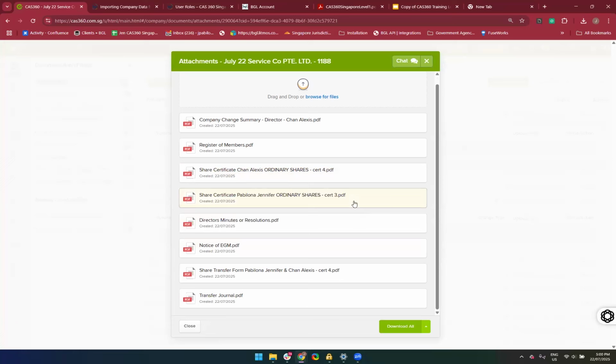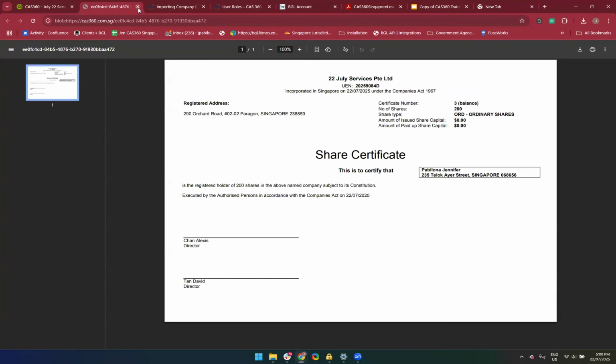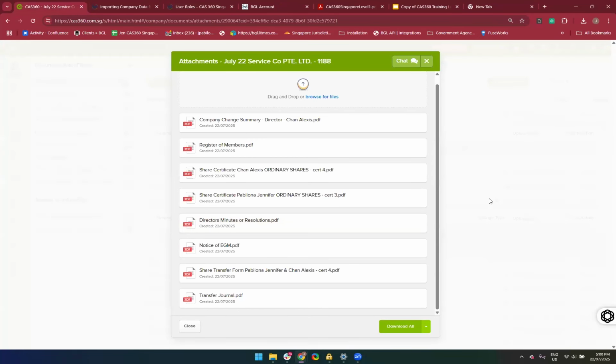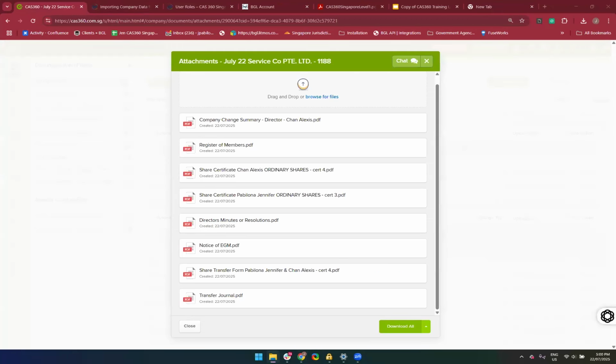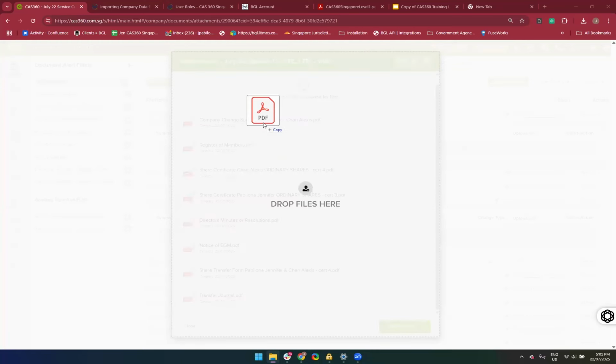You can see these were the ones that we've just sent out or downloaded earlier on. And if you have a document, for example, that you've just received from the client, let's assume I have, I'm just gonna do an example. 1 and 6. Signed document, for example. I'm just gonna quickly, so let's say I have this document signed,